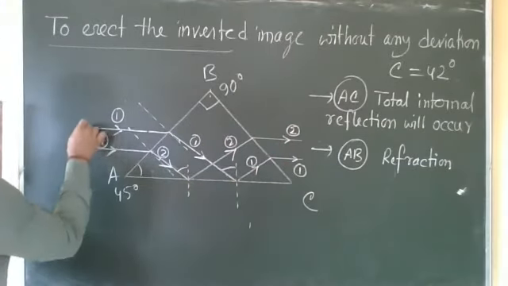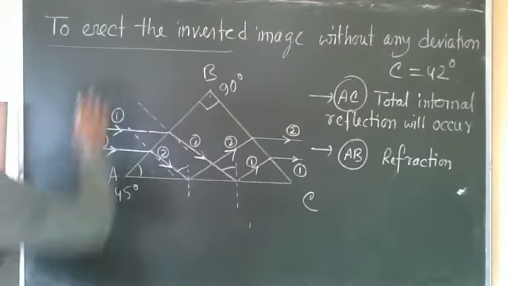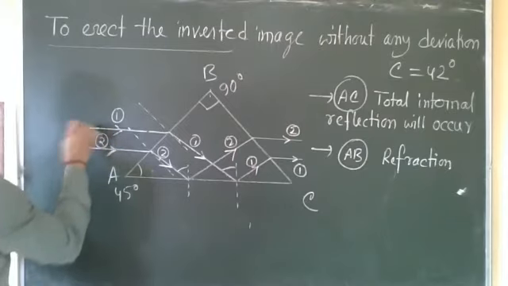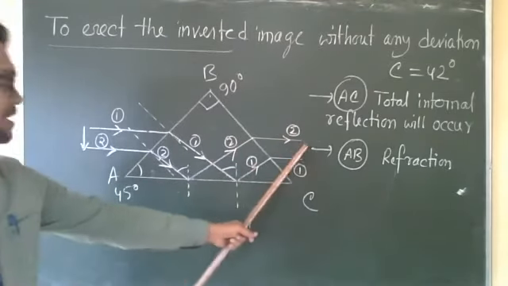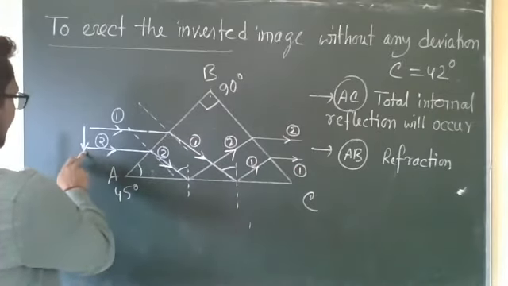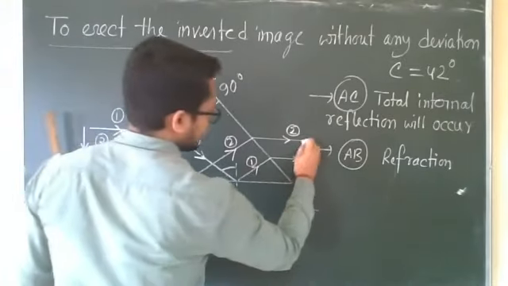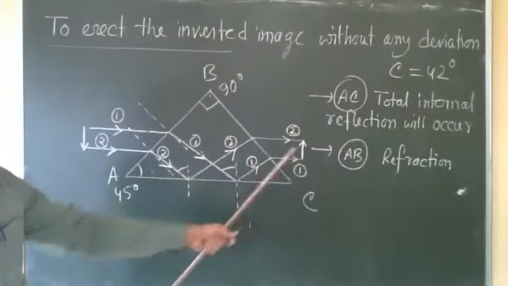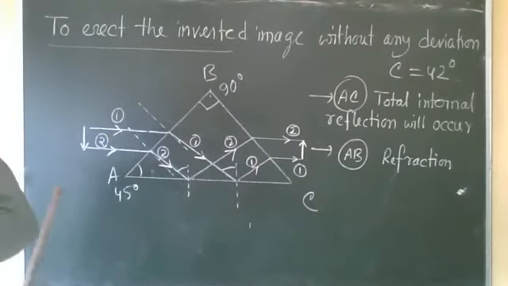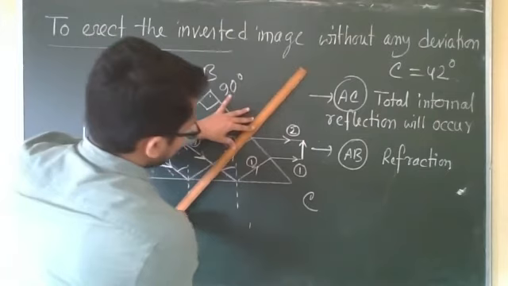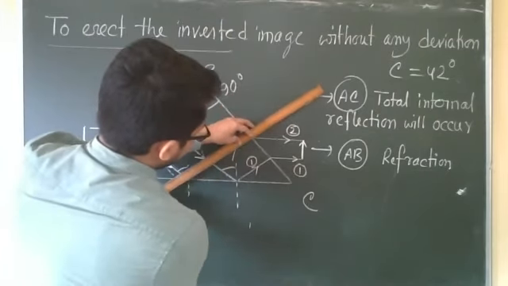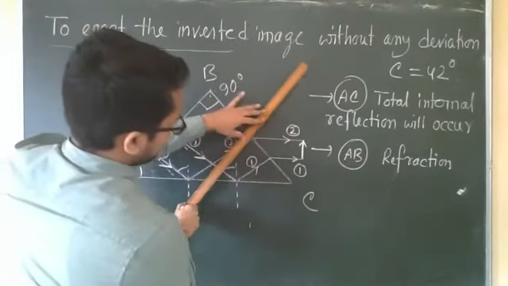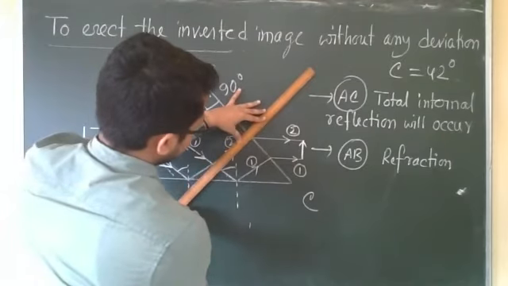So if we give the arrow in this way, to erect the inverted image, take the inverted image. Here we will get an erect image, because the second ray is coming from the arrow, so the second ray arrow will be made in the upward direction. So we are getting the final image erect, right? Here also we can draw the normal. This is the actual path. Glass to air, it will bend away from the normal. This is the actual path, and this is the normal here.